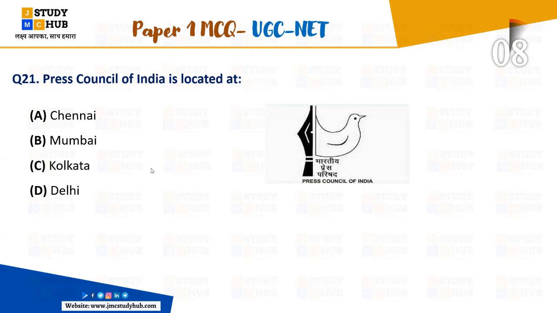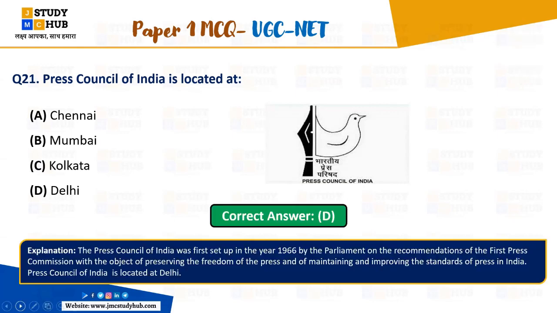Major things are there to make you aware about the Press Council of India, but we had to cover the questions as well. So why was the Press Council established? The Press Council was established in order to preserve the freedom of the press and maintain and improve the standard of the press. A separate video on the Press Council of India I have made, and you must watch it. So this is an important thing to go over.